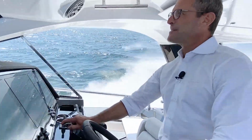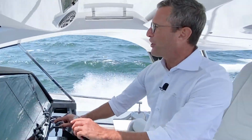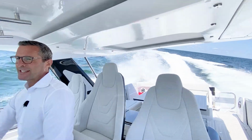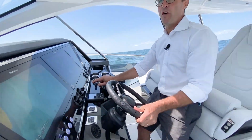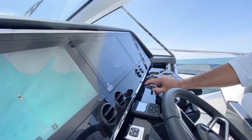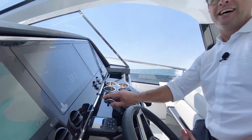If you look at this, the way it performs in turns, it's like being on a roller coaster. It's unbelievable how sharp and tight every turn is. At wide open speed, we are doing 44 miles an hour. And it turns in like the boat is literally on rails. If you look at the back,